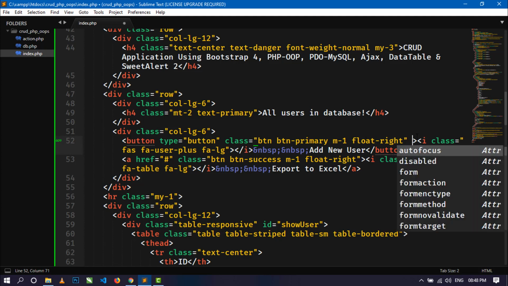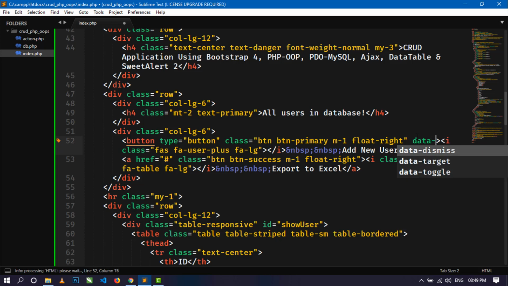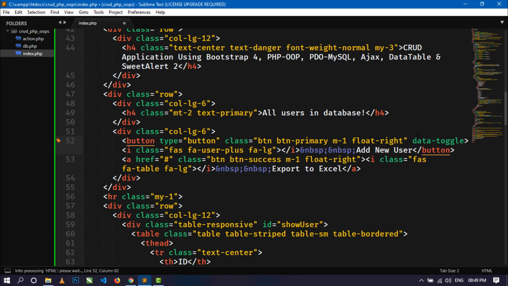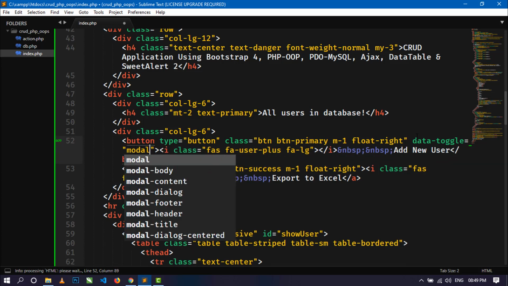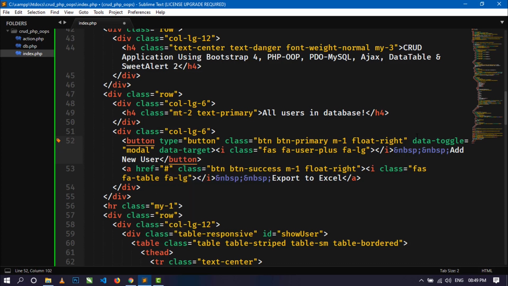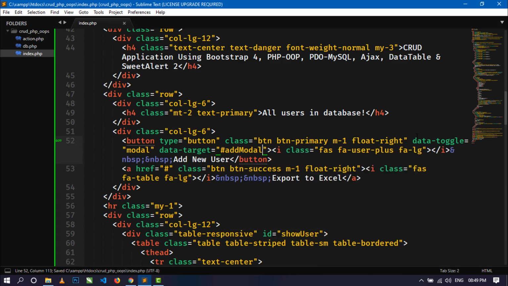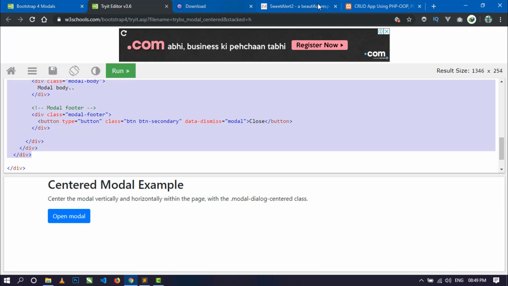Okay, so here I will add two attributes, data-toggle equal to modal, and data-target equal to hash modal. Okay, now if we save this and go to the browser,